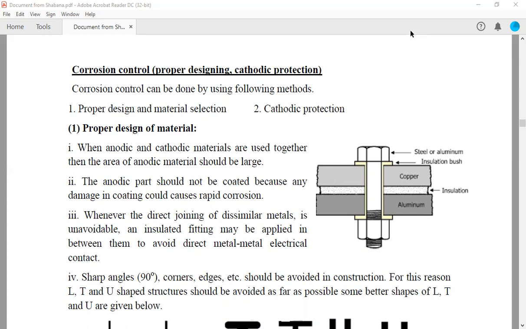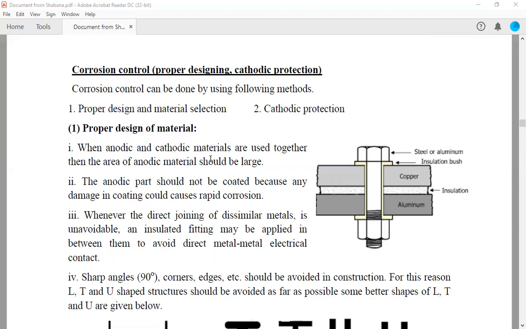Coming to the first corrosion control method, which is proper design and material selection. The design of the metal under a corroding atmosphere must be such that the corrosion, if it occurs, is uniform and does not produce intense and localized corrosion. The important principles of proper designing are: